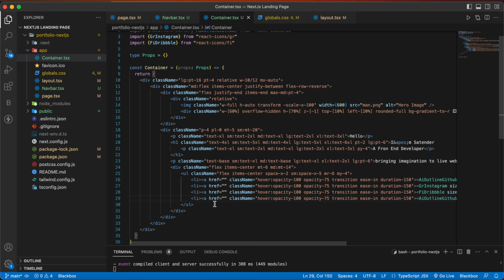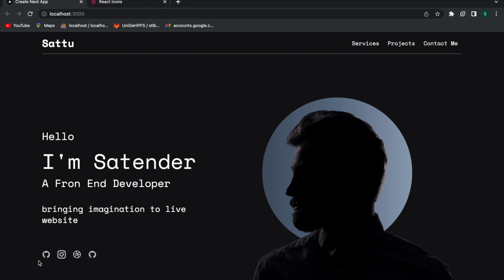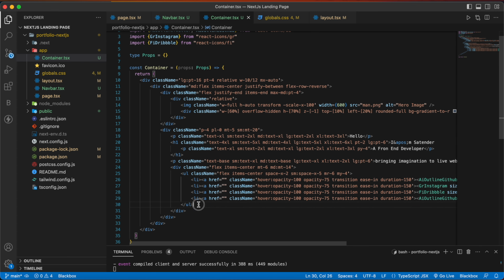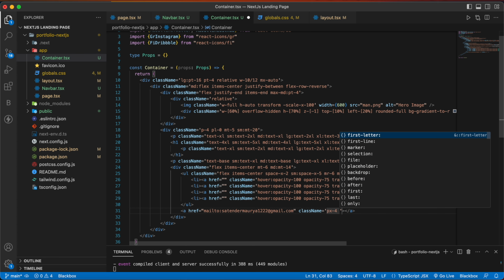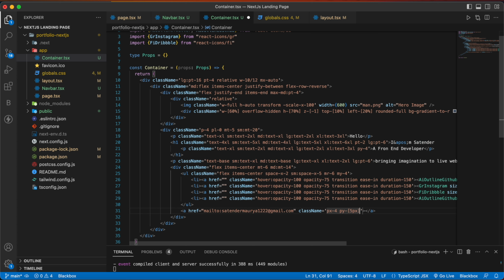And now let's save it and go back here, and you can see our icons here. Now we just have to make an email button here. For that, outside this UL, we are going to have an anchor tag, and in the href we are going to write mailto, then your email ID. So I'm going to give my email ID. Then we are going to have our class names. So px4 py 5 pixels, whitespace no wrap,